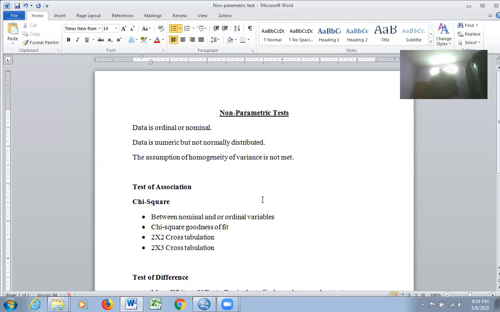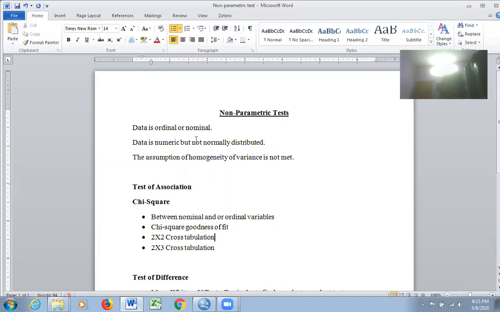Before we get into the practical aspects, let us see the background of non-parametric tests. As you know very well, a non-parametric test ought to be conducted as an alternative to a parametric test. Whenever you are not able to conduct parametric tests due to certain limitations with regard to your data, then as an alternative, we can come to non-parametric tests. For example, you have collected the data either in ordinal or nominal form. For ordinal and nominal data, it is not suggested and you cannot conduct parametric tests. So obviously you have to conduct non-parametric tests.